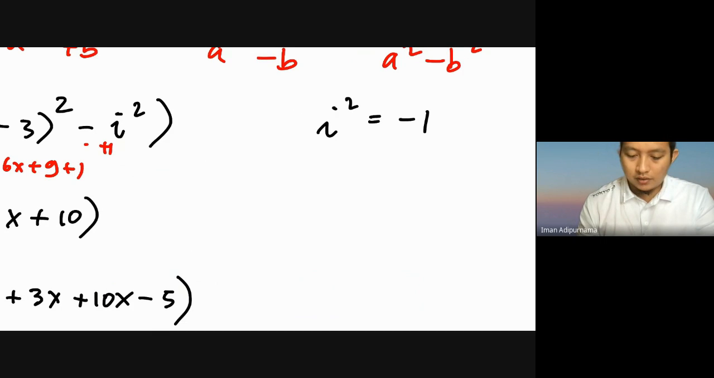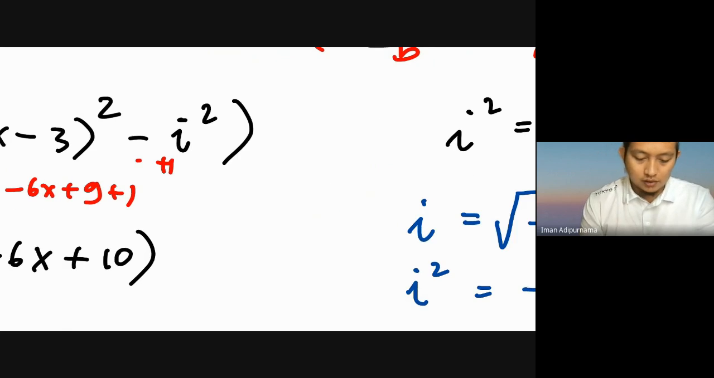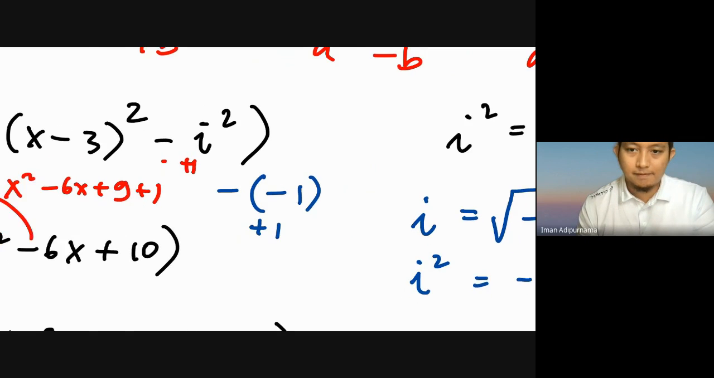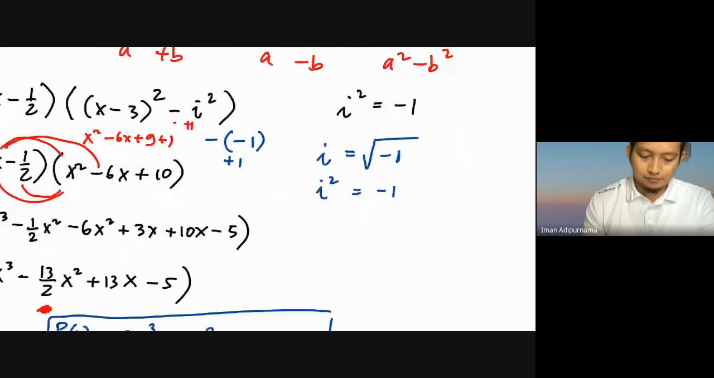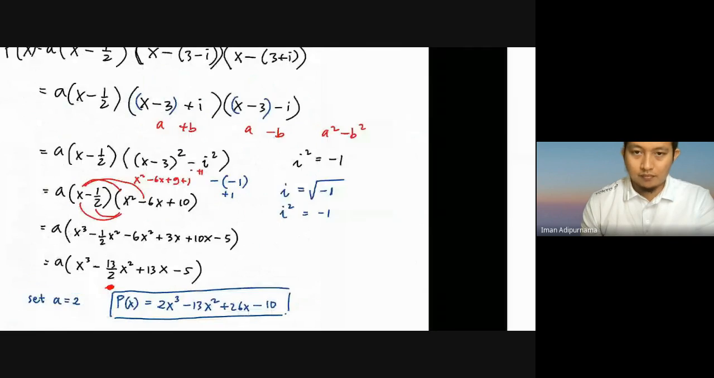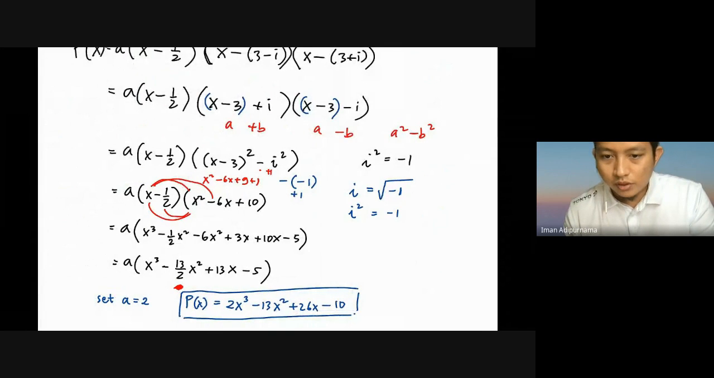Imaginary number. Okay, let's start with the imaginary number. If you have i squared, it will be -1. Okay, and then this is negative, -1, plus 1, right? Okay, you get it? Okay, now we can move to